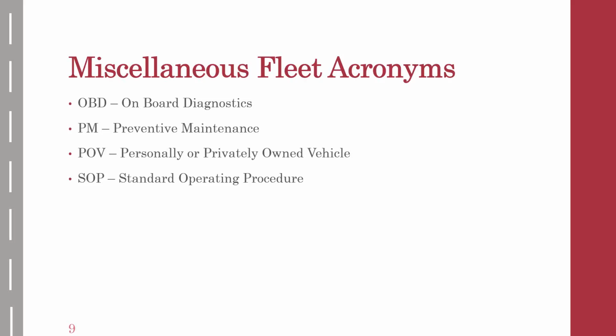Those are the activities that you carry out on vehicles to make sure that they're safe and that you preserve the asset's value over the life of the vehicle. Then we have POVs, personally owned vehicles or privately owned vehicles, as opposed to GOVs or government-owned vehicles. And next we have standard operating procedures. So these are the expectations that are codified in writing, that are distributed to an organization about how they use the fleet, how you gather and collect fleet information, how you justify replacement spending. There's a variety of venues for developing SOPs within the fleet arena.